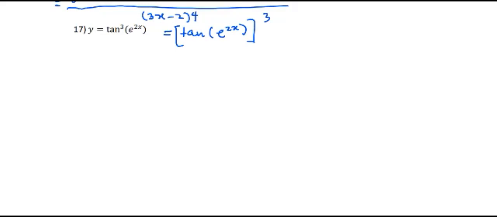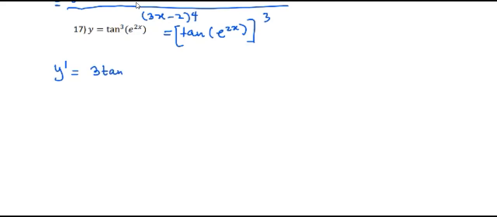So to find the derivative, y prime, we have to do the derivative of the outside first. The derivative of the outside is just 3